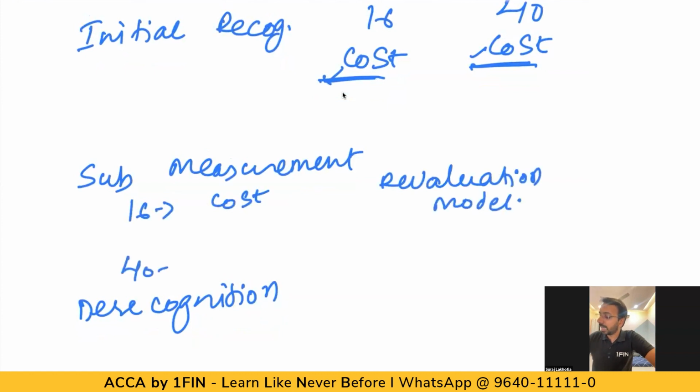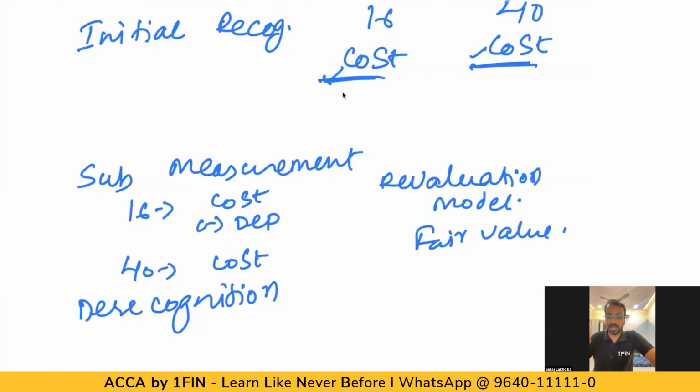And under IAS 40, you have cost model and fair value model. Cost model and revaluation model, cost model and fair value model. Cost model means I will recognize at cost and I will reduce depreciation every year. And there is one more concept called impairment. I will not get into depth of that. If there is any impairment loss, that also I will adjust. So cost minus depreciation for now. Cost minus depreciation is the cost model. Same thing is applied here also. Cost model means cost minus depreciation.